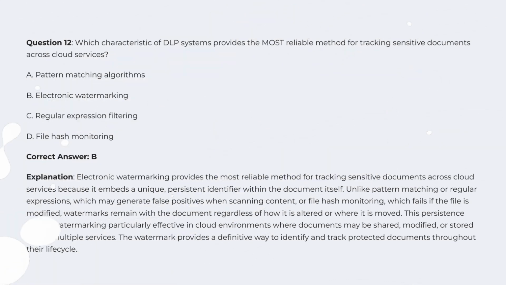Correct answer, B. Explanation. Electronic watermarking provides the most reliable method for tracking sensitive documents across cloud services because it embeds a unique, persistent identifier within the document itself. Unlike pattern matching or regular expressions, which may generate false positives when scanning content, or file hash monitoring, which fails if the file is modified, watermarks remain with the document regardless of how it is altered or where it is